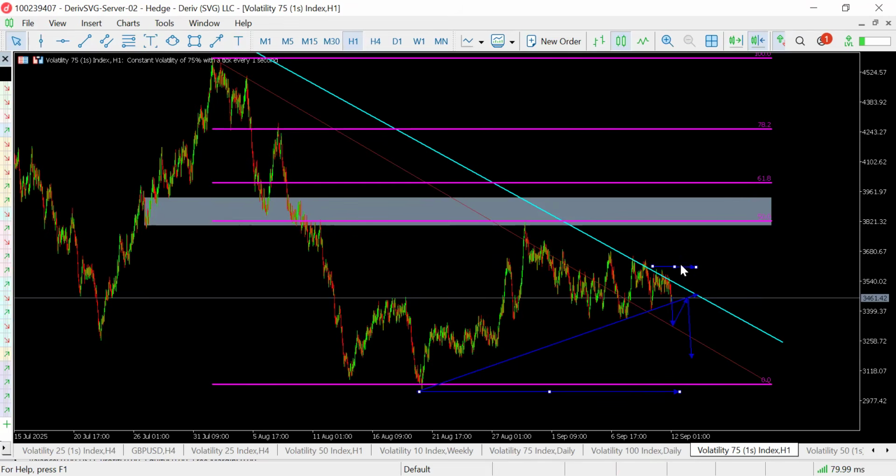So this is what I have for us today regarding top-down analysis. We've looked at the Volatility 75 (1s) index. Like I always say, you can compare this with your own analysis if you're into the trading of Deriv